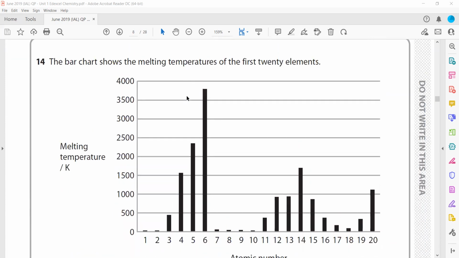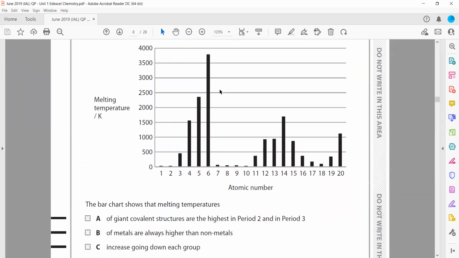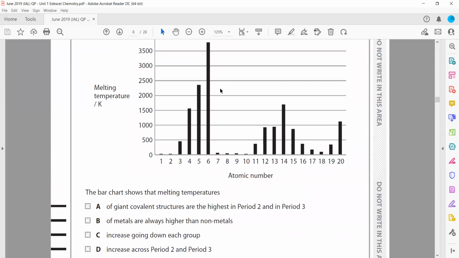The bar chart shows the melting points of the first 20 elements. So the bar chart shows the melting temperature. As you can see, this bar chart is representing the first 20 elements. The giant covalent structure has the highest in period 2. That is true, because remember, this is group 1, then group 2, then group 3, then group 4, the giant covalent, then group 5,